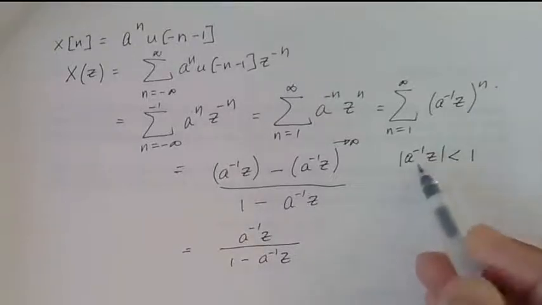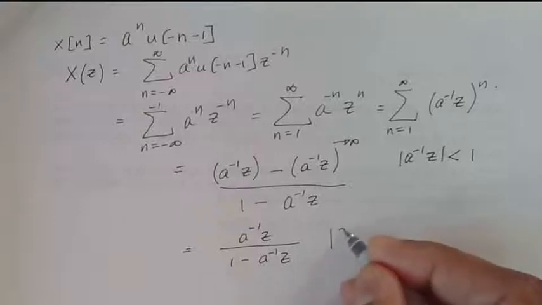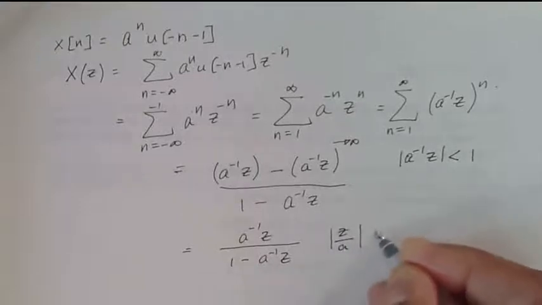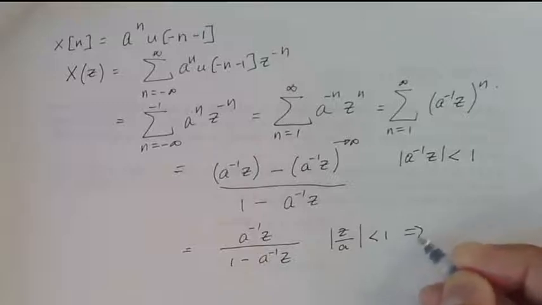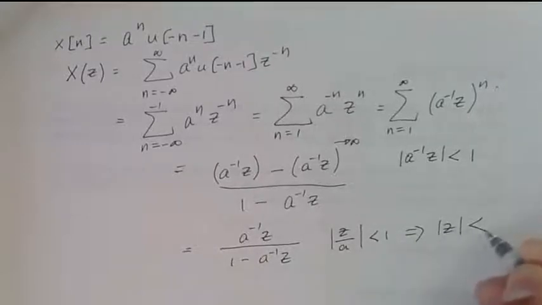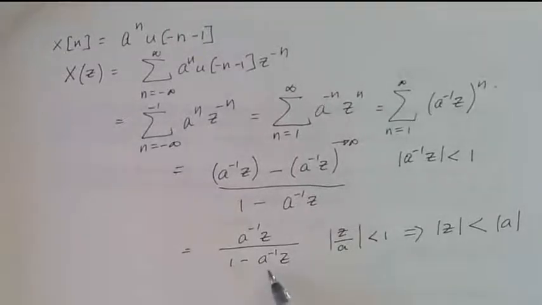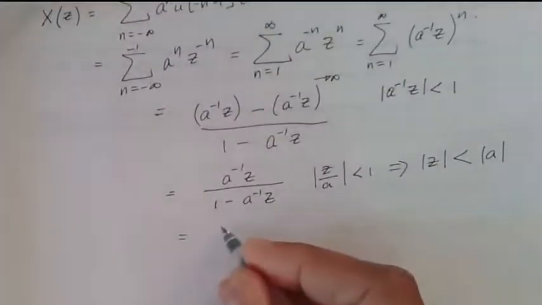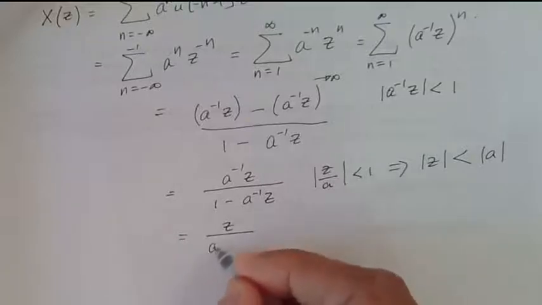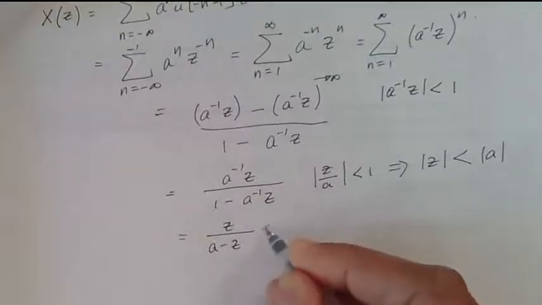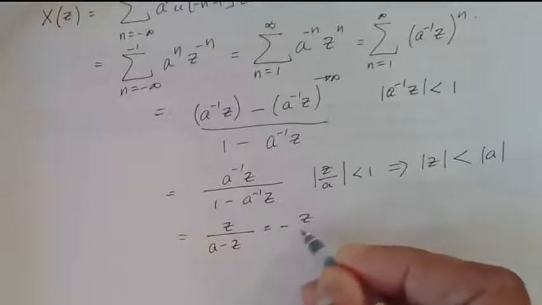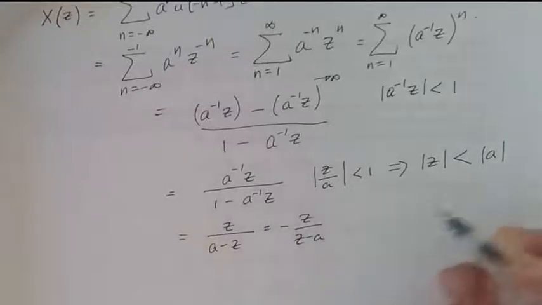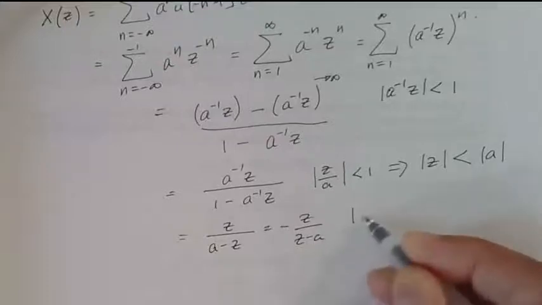A to the minus 1 is the same as 1 over a, so this is magnitude of z over a less than 1, or magnitude of z is less than the magnitude of a. Okay, I can simplify this. Multiply top and bottom by a, so this becomes z over a minus z, which is minus z over z minus a, and the region of convergence now is